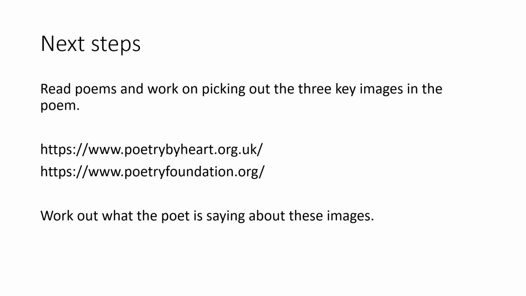Now we just talked about animals, but it could be about a number of things. It could be a relationship, it can be an idea, it could be a concept like getting old or getting married. So it could be absolutely anything. But read the poem, pick out 3 images, and think about what is the poet saying, and then can you spot any techniques that the poet is using to get that message across.